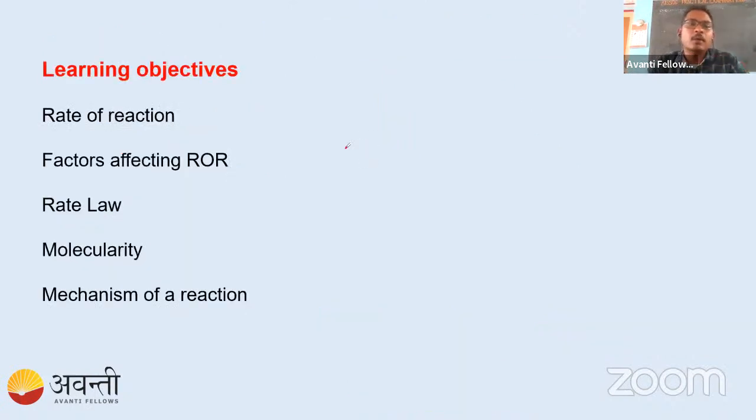Before continuing, we should know what things we are going to discuss today. In this class we are going to discuss the rate of the reaction. You know rate means with time what is the change. And the factors affecting the rate of reaction, meaning whatever rate we are studying, can we make it slow, fast, moderate? If we can, then which factors do we keep in mind, like pressure, temperature, catalyst, everything. Those are the things we are going to discuss in factors affecting the rate of reaction.